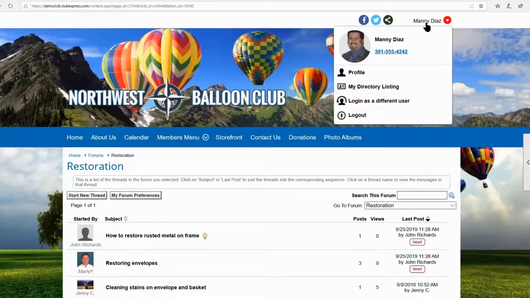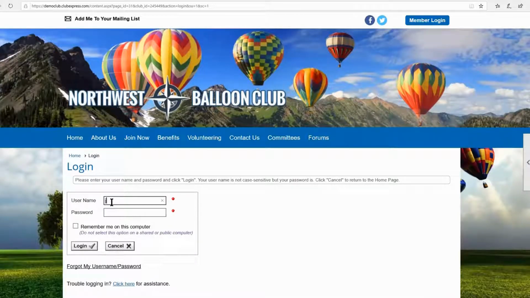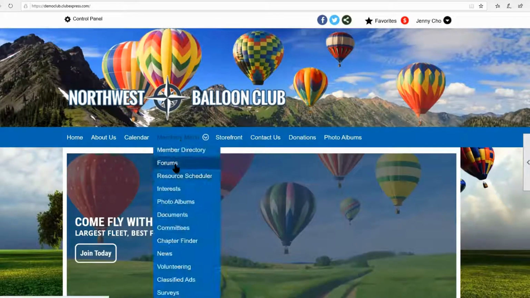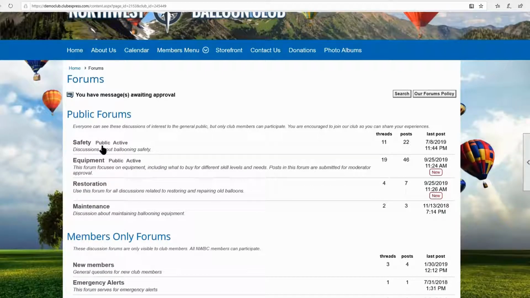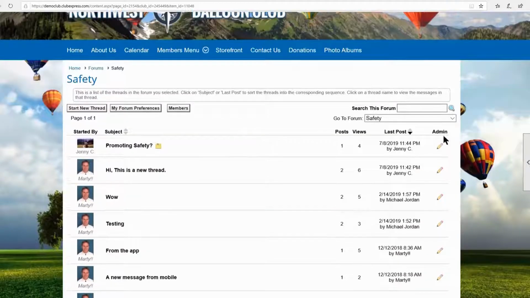If I log in as a different user, and we'll go to Jenny Cho, and when she goes to the members forum, if she goes to the safety forum, you'll see that she's got a column that we didn't see before called admin. And that's because she is a coordinator of the forums module.